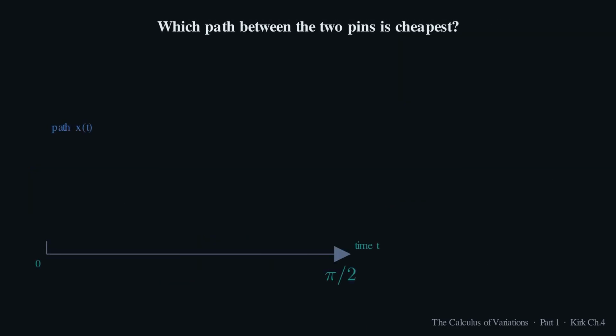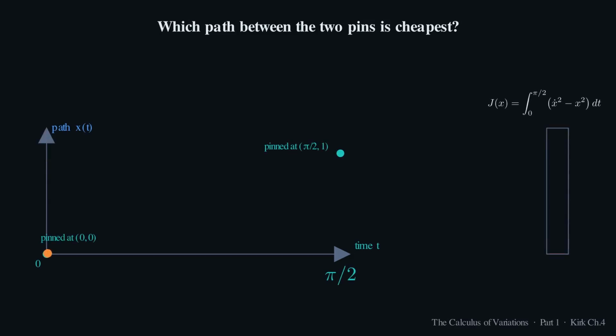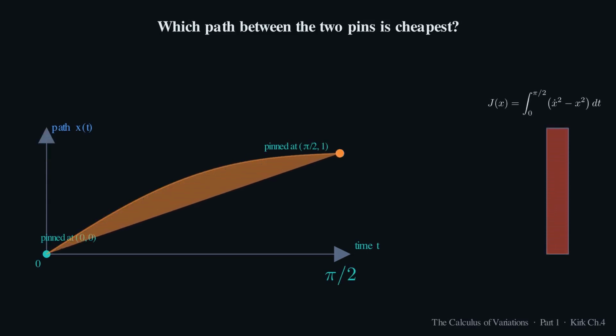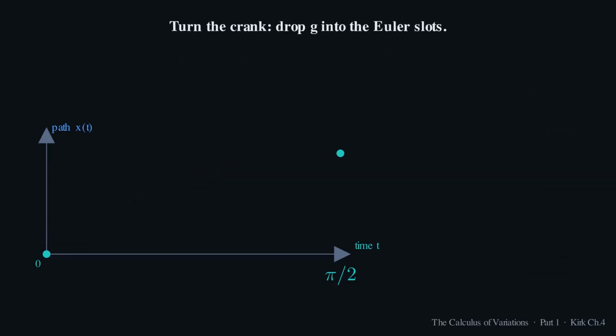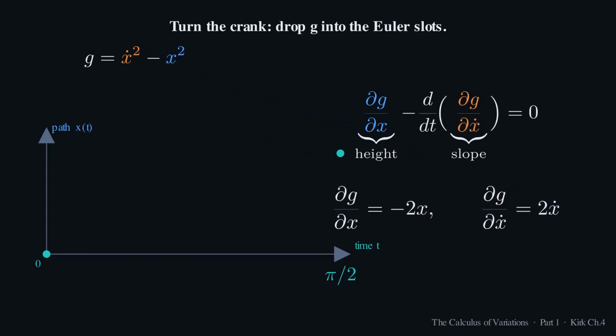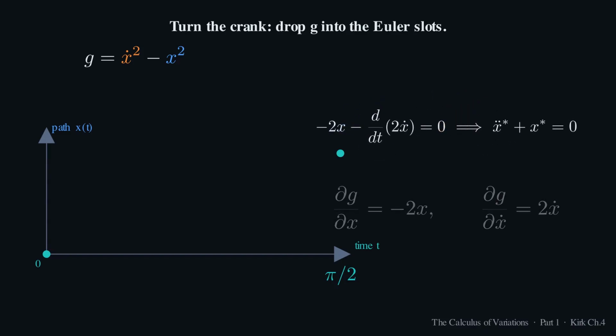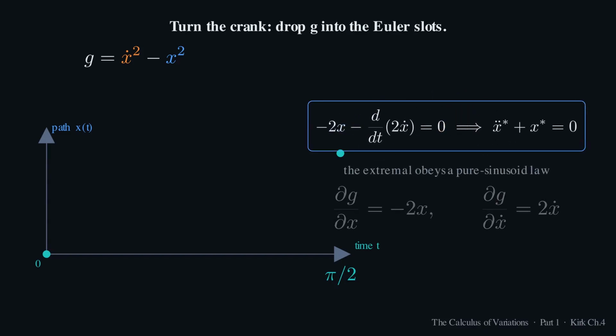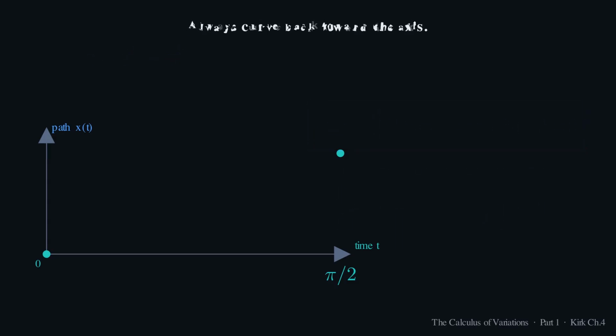Let's turn the crank on a real example. Take g equals x dot squared minus x squared. The Euler equation just needs two partials. With respect to x, that's minus 2x. With respect to x dot, 2x dot. Drop them into the slots and out falls x double dot plus x equals 0, the equation of